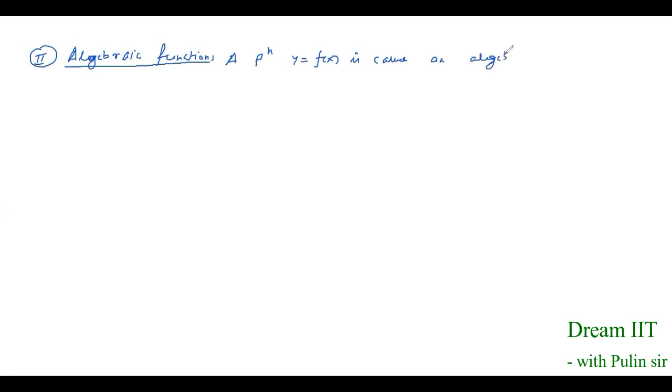Now we'll see number two. Number two is the algebraic function, right? Now what is an algebraic function? That is very important. A function y equal to f(x) is called an algebraic function if we can express it,